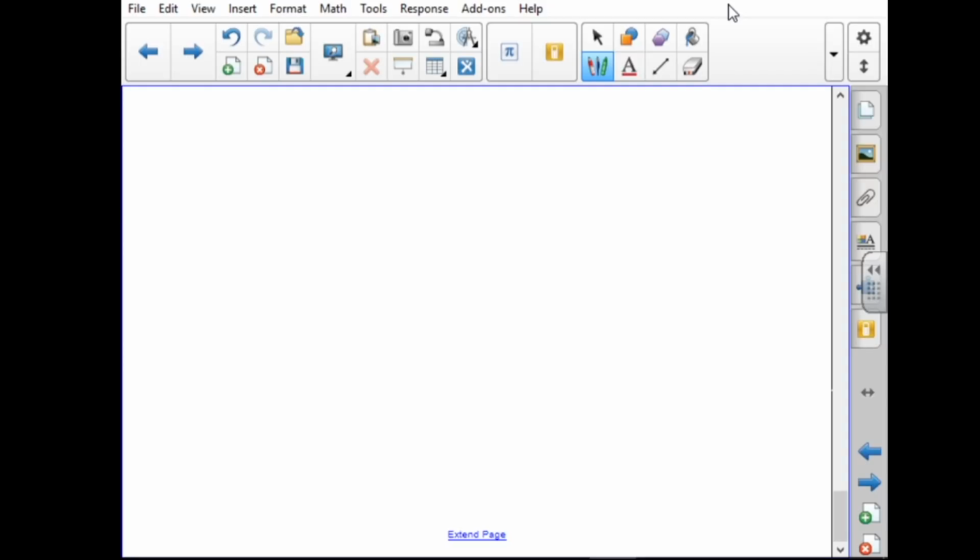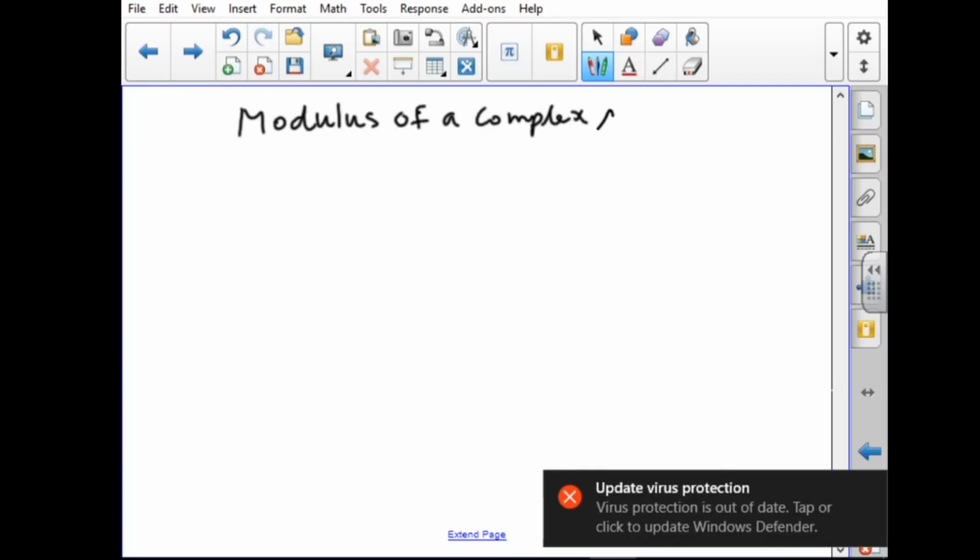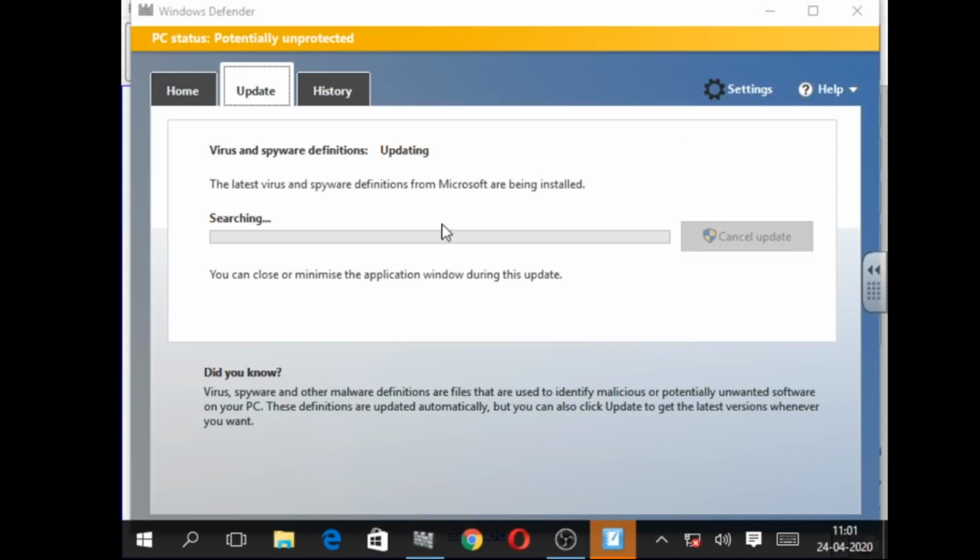Good morning, students. So today we are going to learn modulus of a complex number. Modulus of a complex number. So you know that in a complex number,